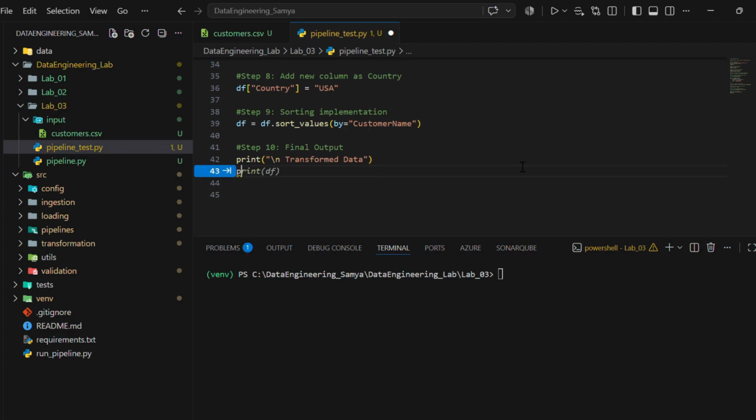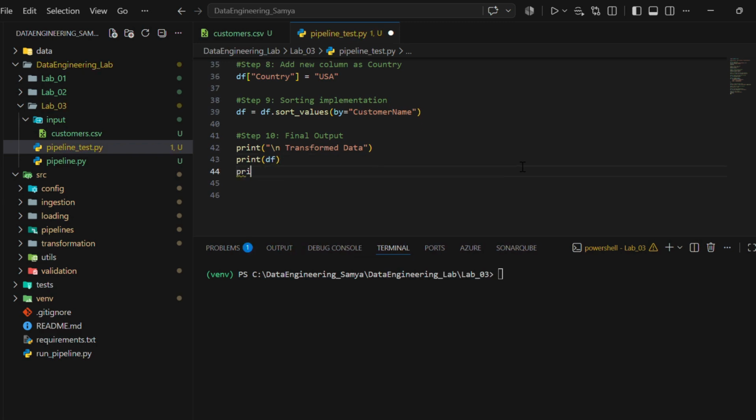Okay. Next, another print. We just print the data frame object here. One more print, that will be \n lab 03 completed